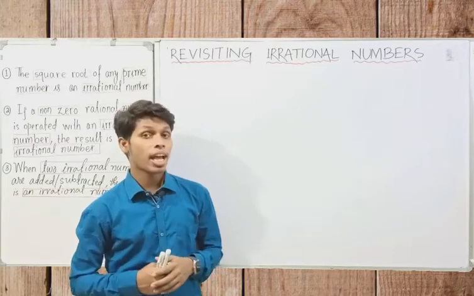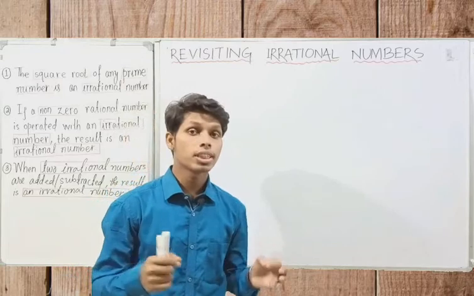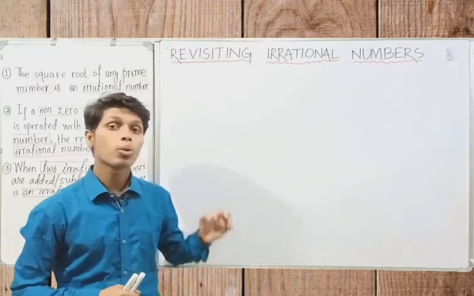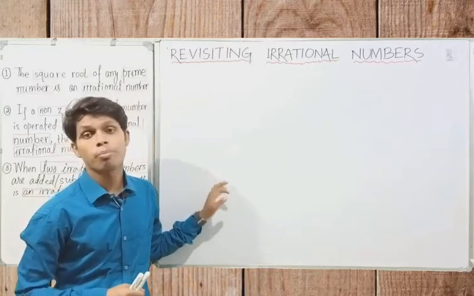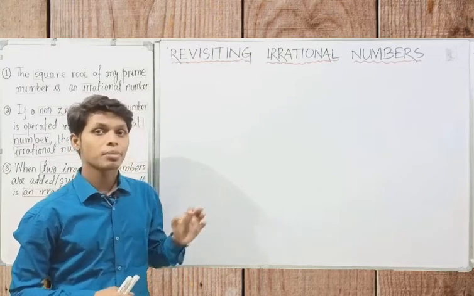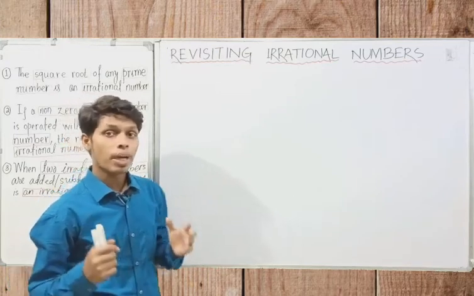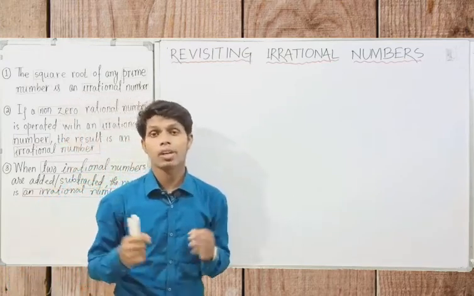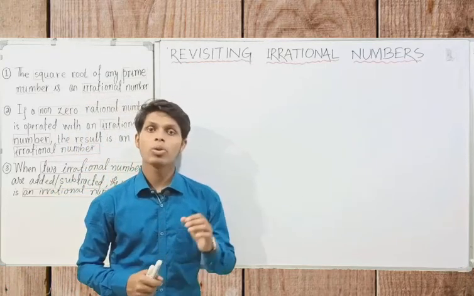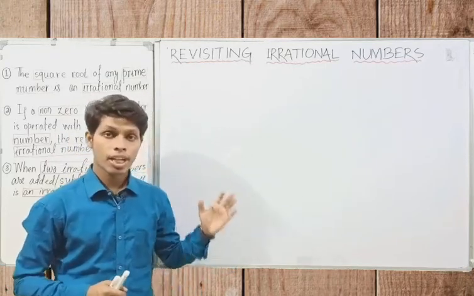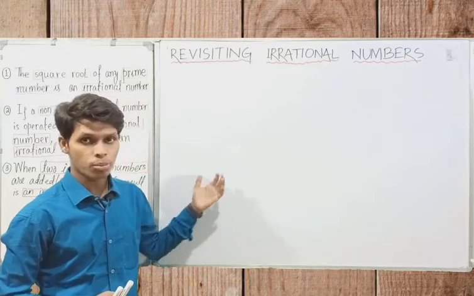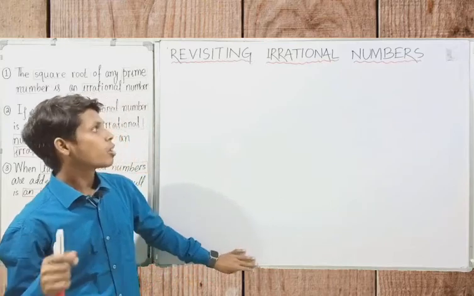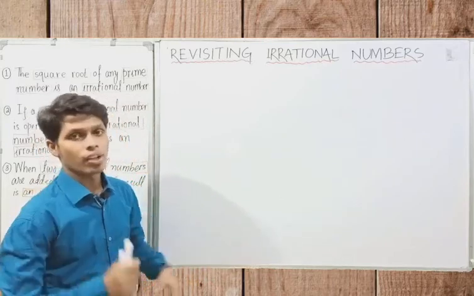And if you can recall, I had told you to prove these irrationalities we need to use a method called method of contradiction, and this method is new to you. So at first let's understand what this contradiction method is. Next we will learn the other requisite concept that's needed to prove these properties. So first, what is contradiction method?